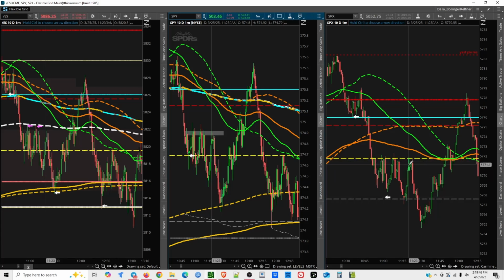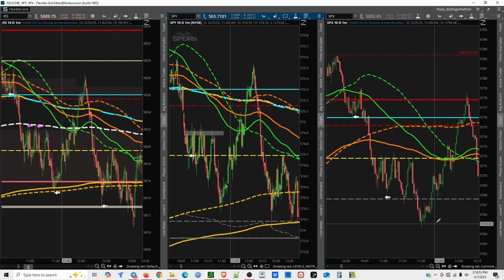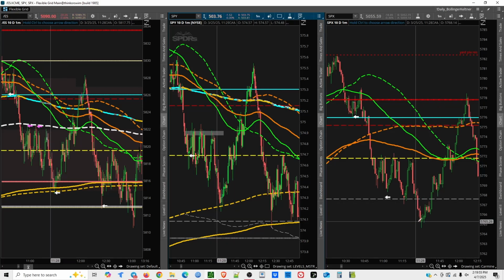When it finally broke its previous day close, it trapped a bunch of people who thought it was going to be bearish for the rest of the day because it had broken its previous day close. In fact, it was because SPY wanted to come down and test its previous day close, which just happened to be coincidental and aligned with the 200 EMA on the 5-minute chart. And these are the ways we use different indicators